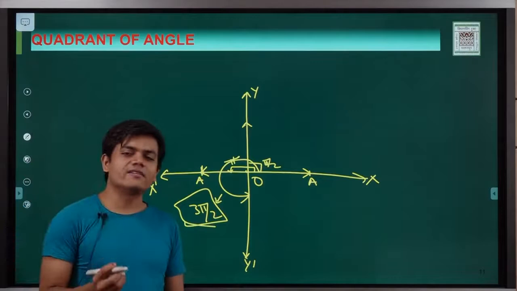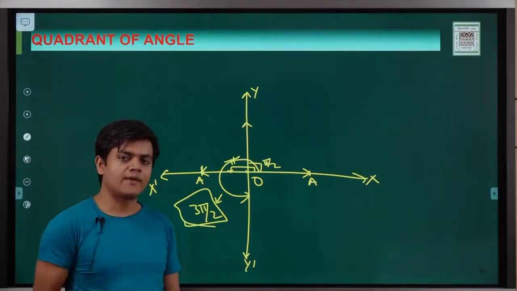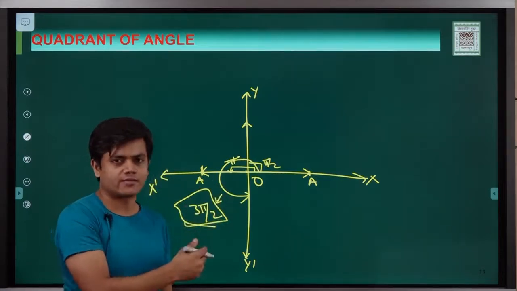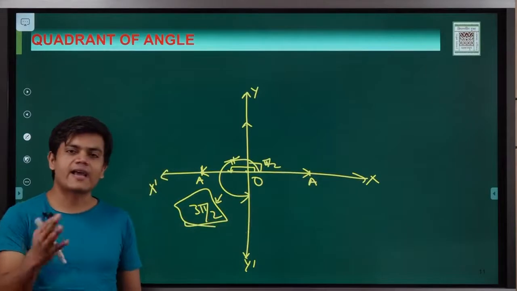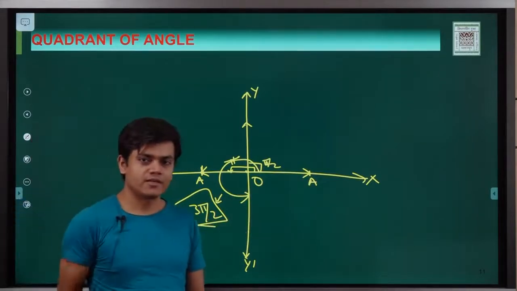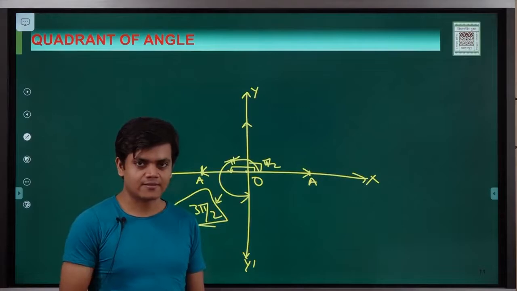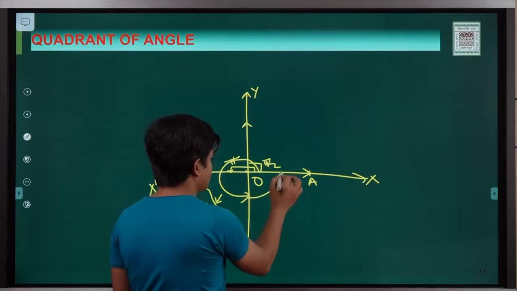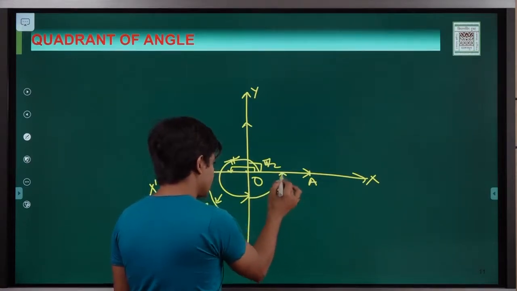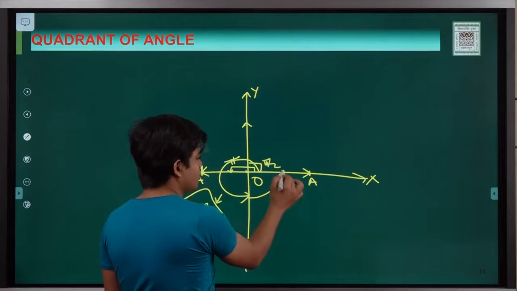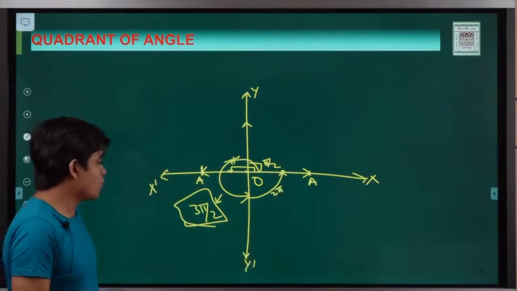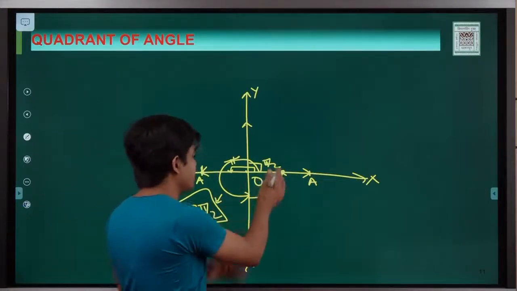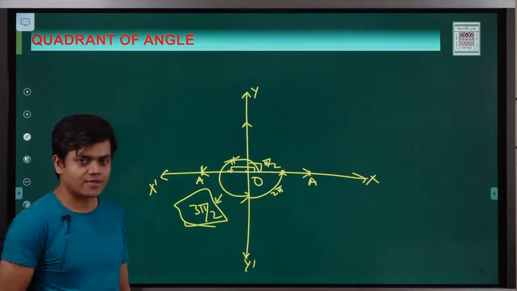So quadrantal angles are the angles made when the terminal side is the x-axis or y-axis. Okay, axes as the terminal side, then we say it's a quadrantal angle. Okay, and in the next rotation we are going to reach over here again. So after traveling 2 pi radian, we are again reaching this x-axis. So these are called quadrantal angles. But the angle which is in between these quadrants is called what? So let's see.